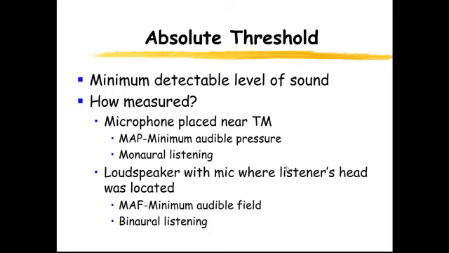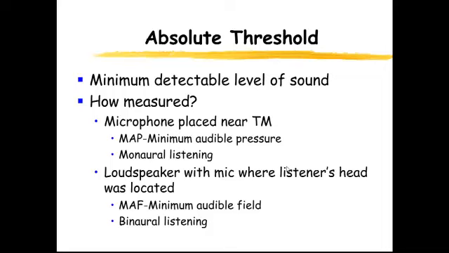Well, in psychoacoustics, there's two different ways that we can measure absolute threshold. The first one is to establish a person's threshold and then have a microphone that's inserted in their ear and placed near their tympanic membrane, and to measure the level of the sound by using that microphone. And that's called the MAP, or the minimal audible pressure. And since that's only inserted in one ear, then that's going to represent monaural listening, or listening to a sound